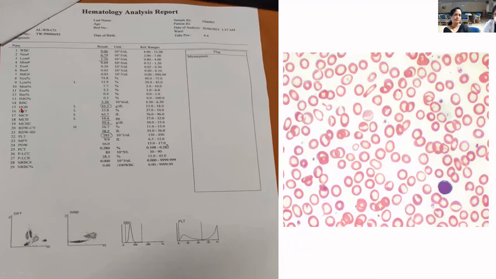Yes. MCV, if we look, violet capped tube. MCV is 63.7. As we know, normal is 80 to 100 femtoliter. So MCV is decreased here. Okay, fine. MCH is 19.4. It is also decreased. So the mean corpuscular hemoglobin, normally it is 27 to 32. It is decreased, picograms. Okay. And MCHC, mean corpuscular hemoglobin concentration, is 30.4%, which is still on the lower side.